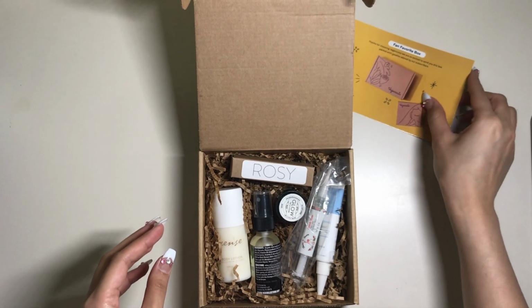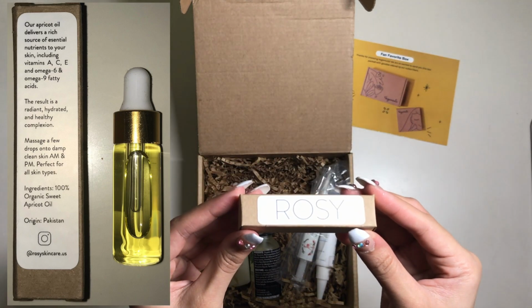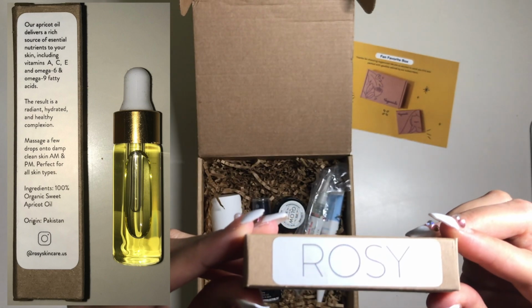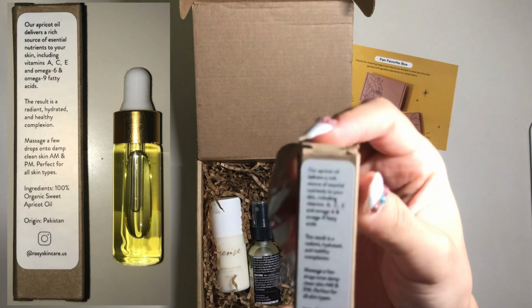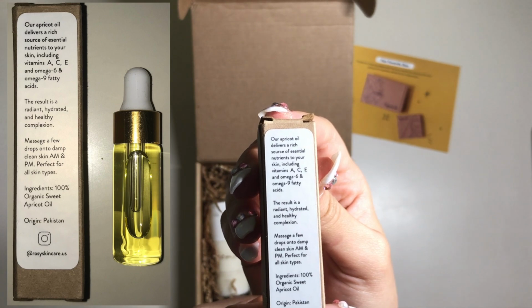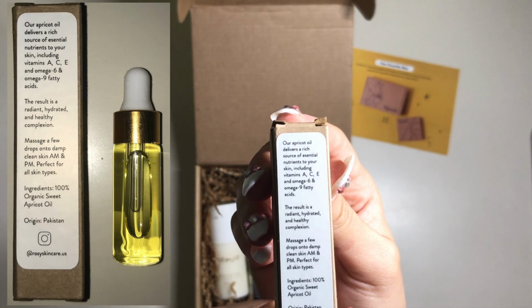So the first product is this face oil, and it's by the brand Rosie. And it's an apricot oil. It says it delivers a rich source of essential nutrients to your skin, including vitamins A, C, E, and omega-6 and omega-9 fatty acids. The result is a radiant, hydrated, and healthy complexion. It says to just massage a few drops onto damp, clean skin, AM and PM,